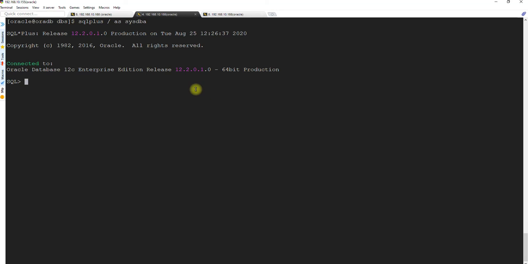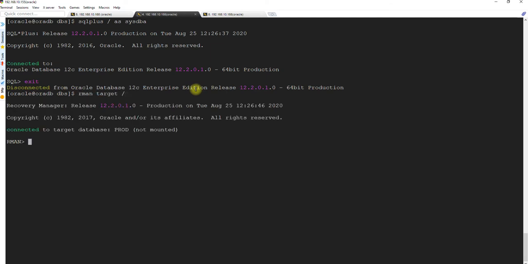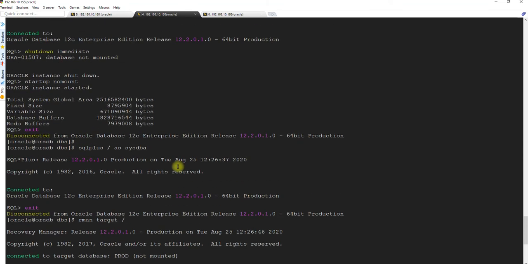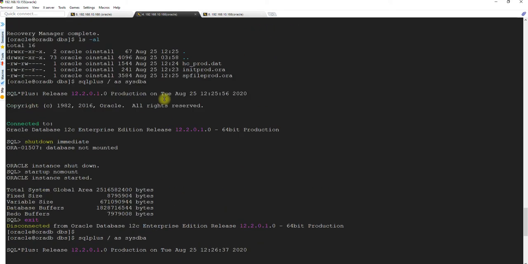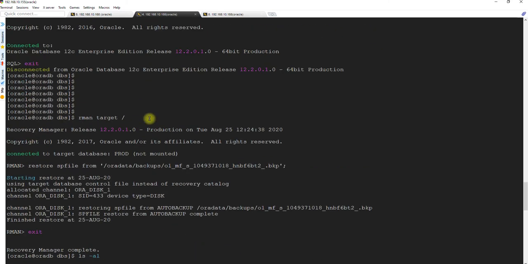Now what we need to do is restore the control file. So exit out of this, and now we need to restore the control file. Control file, as you all know, is the same location as the spfile. So we need to say restore controlfile from, and then we will copy the complete thing.